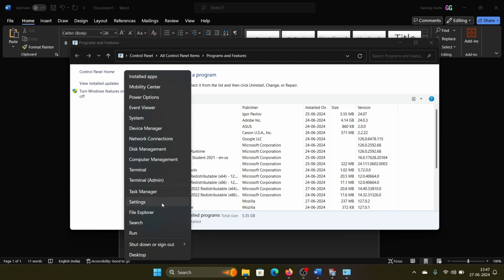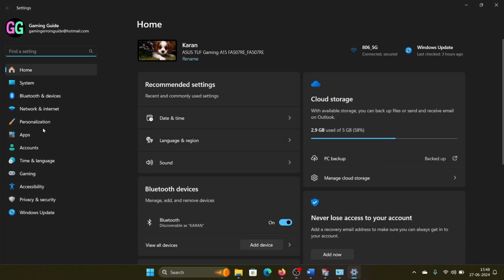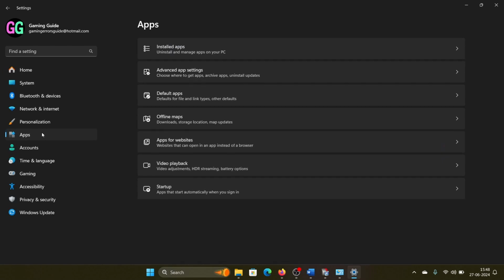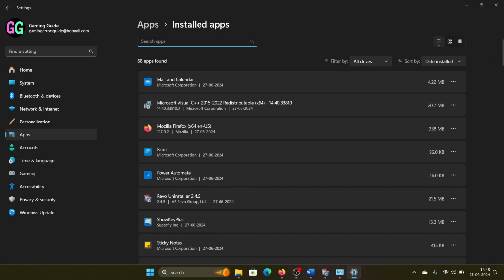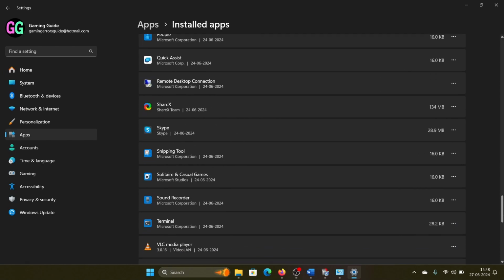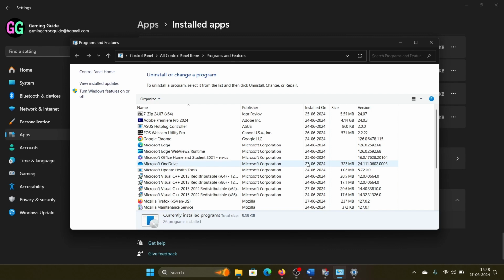Right click on the Start button and select Settings from the menu. Go to the Apps tab on the list on the left hand side. Select Installed apps in the right pane and just compare this huge long list with this short list